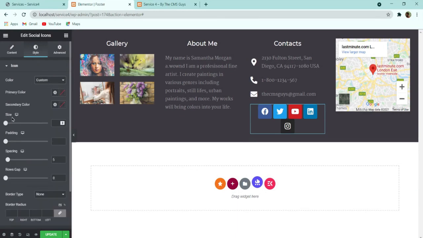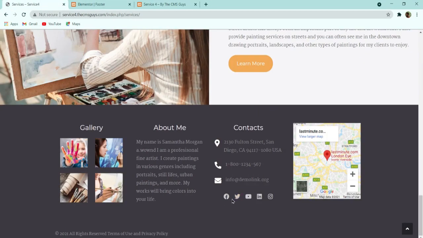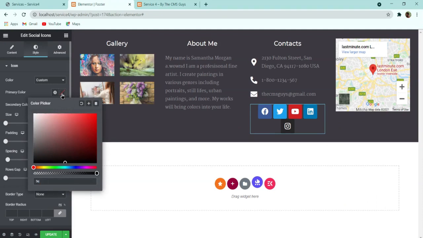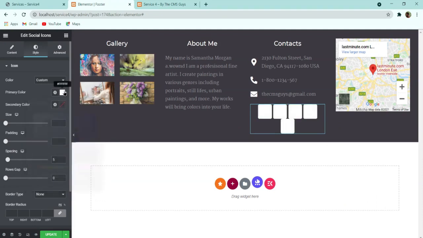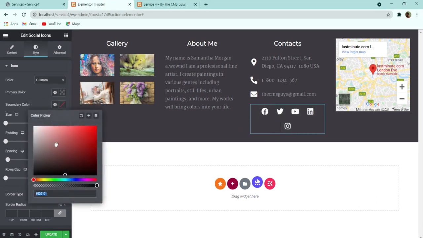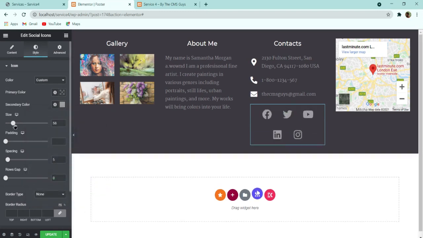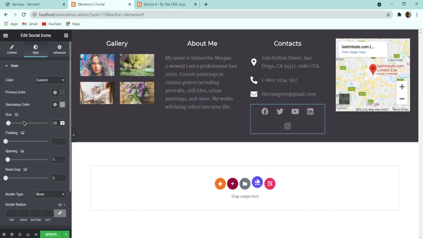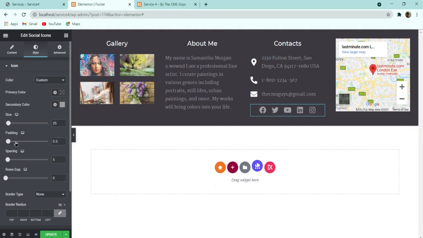Here you have to make it custom, and here you can see that this is when we are hovering over it. So what I will do, primary color 9E9EA0, or let it be blank, and the secondary color I will give 9090A0. And after that, here you can adjust the size of it, so let it be 15, 20, 25, and then reduce the padding to